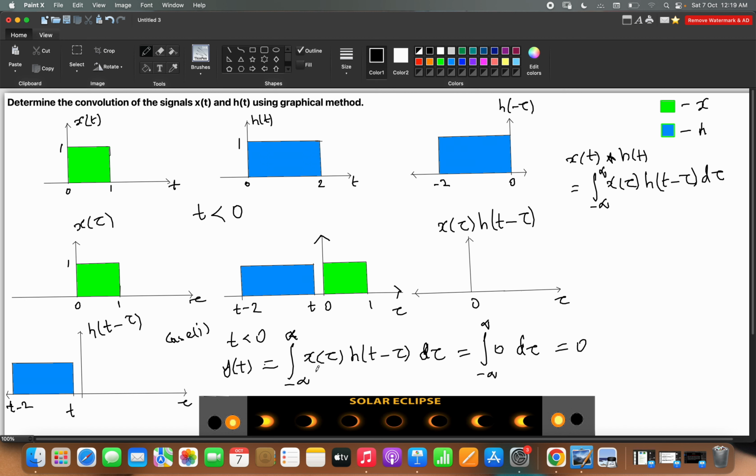It is because x of tau into h of t minus tau is equal to 0, since there is no